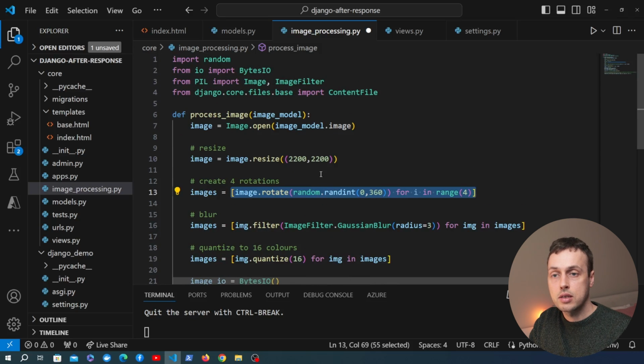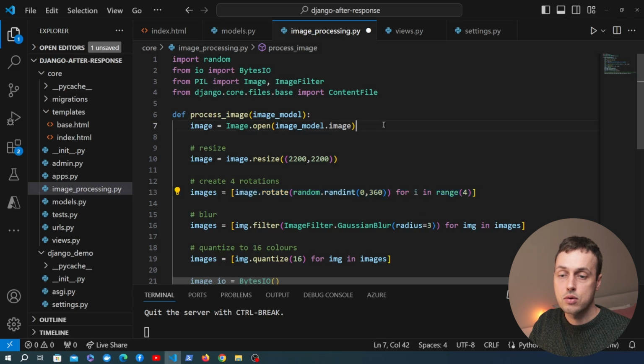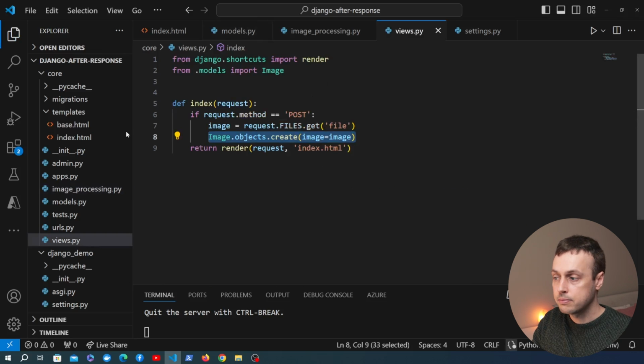And what we want to do is show the latency of that in our Django view when it's sending the response to the client. And then after we've shown that, we're going to offload this processing using the django-after-response package, and that allows us to very quickly return a response to the user and perform this kind of processing after the request. So let's now save image processing.py, and we're going to go back to views.py, and at the top